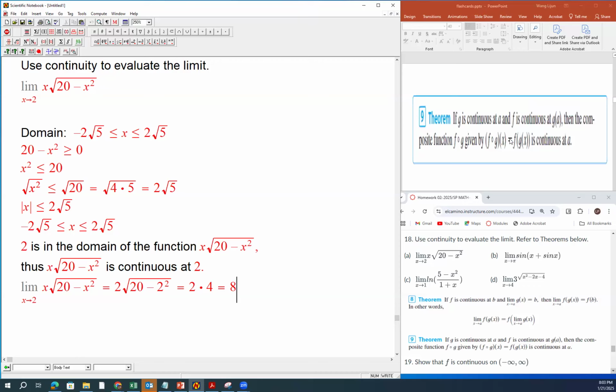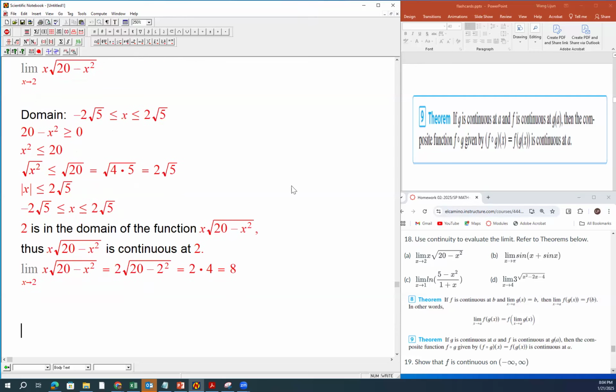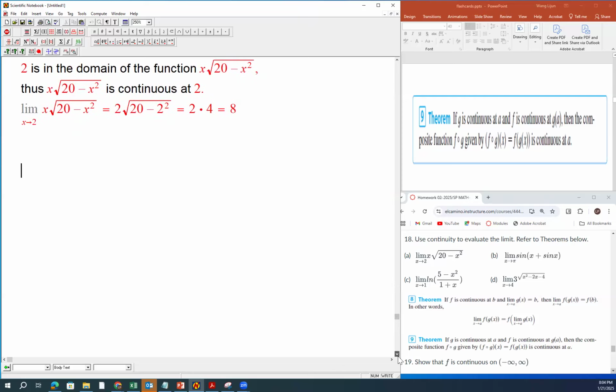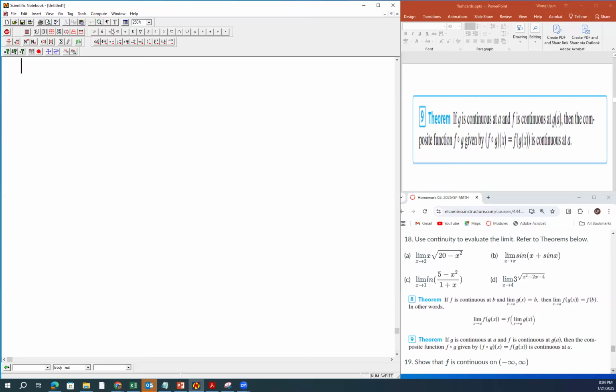So you're using the continuity of sine, and they're continuous everywhere. So for B, because we know the sine function is continuous everywhere in its domain, which is a continuous function, right? So when we evaluate this limit,